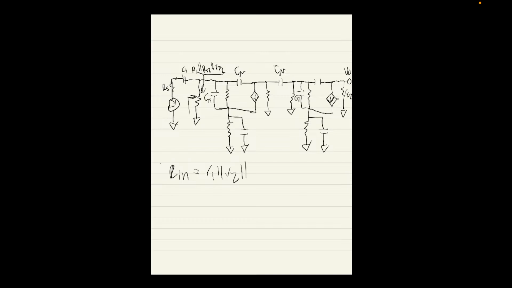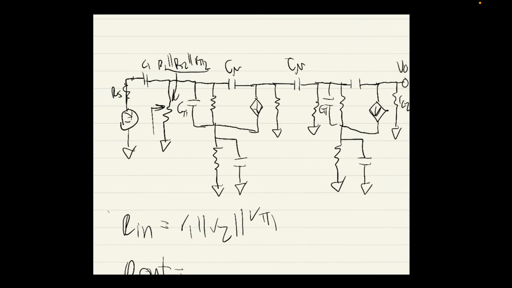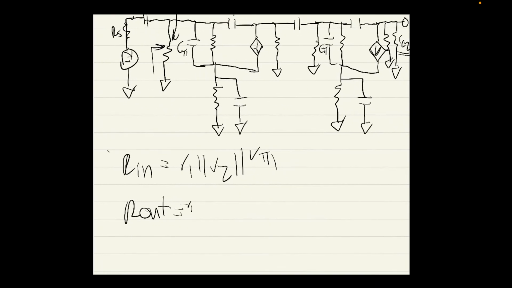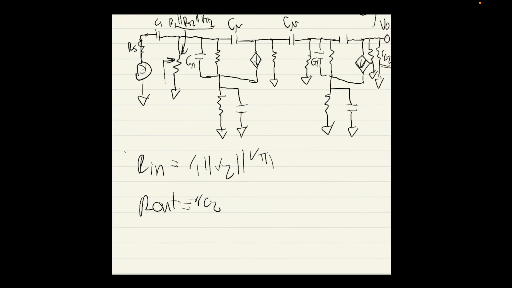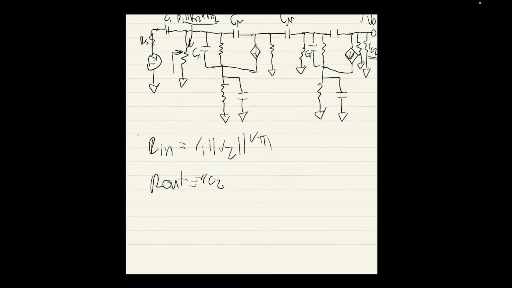Parallel R pi 1. Now R out is going to be the resistance looking in from here, and we can already see that that's going to be RC2. There's also RO2, the output resistance from the model, but we assume that to be very large, so we just say it's RC2. And that's the answer to that. I just eyeballed the answer, so there you go. And then the next part was